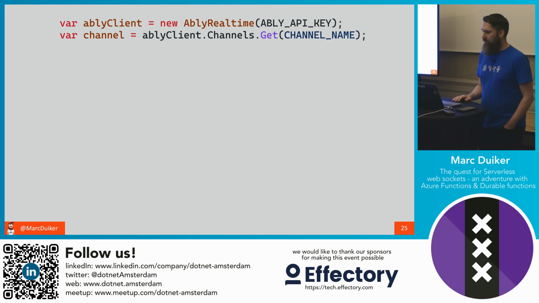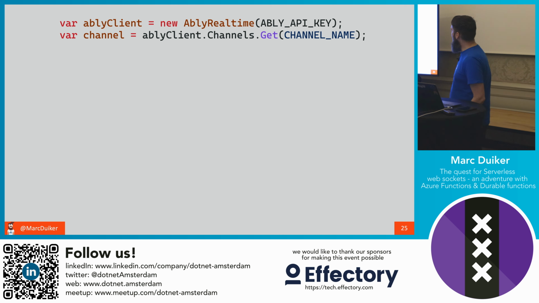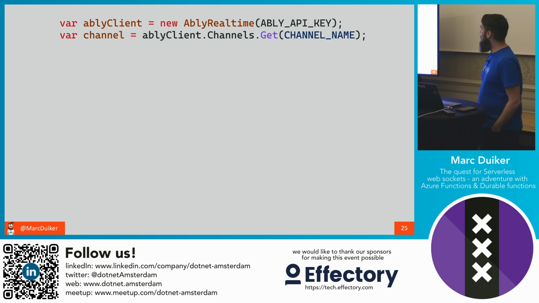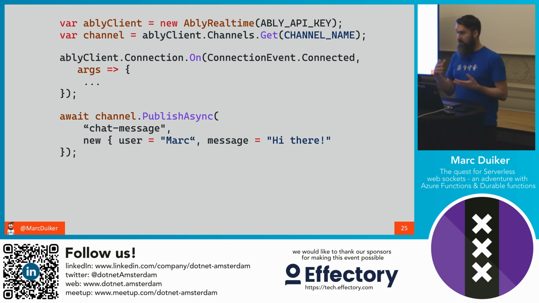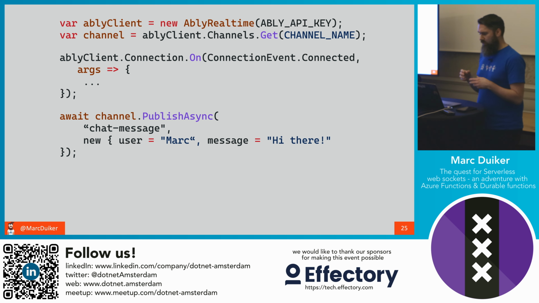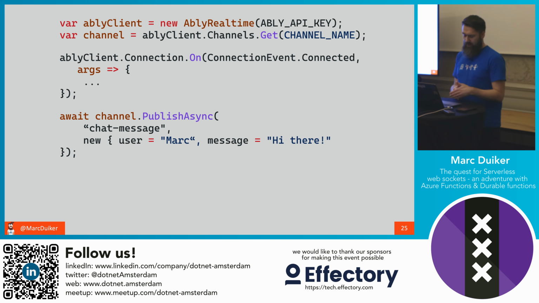Ably works with channels, so these channels are then generated dynamically. So you have some kind of a client name defined, either as a constant or you generate them dynamically. And once you have a client, you can do pretty much the same thing as with the plain JavaScript. So in case you want to do something when the connection is established, you can use the connection on event. When you want to publish a message, it's a bit different, because you can actually publish something and you can provide a specific type. That's the first parameter. So the chat message is actually a sort of type identifier. So you first identify what kind of message it is, and then you provide the payload.